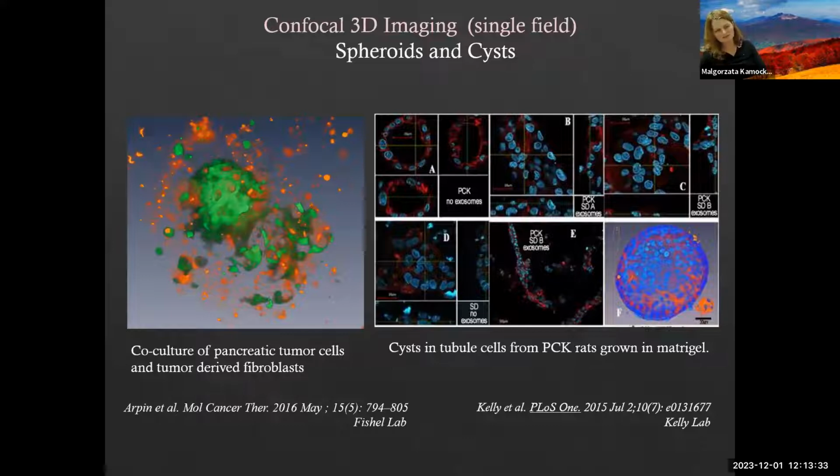So talking about confocal 3D imaging, what is the best example of 3D imaging on a smaller scale? Looking at spheroids and cysts. Many investigators I see are growing spheroids in Matrigel, and they like evaluating certain components of these spheroids under different treatment conditions. The image on the left is a co-culture of pancreatic tumor cells and tumor-derived fibroblasts,